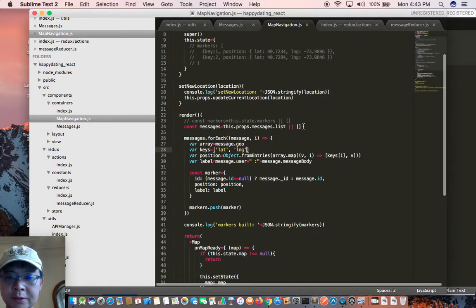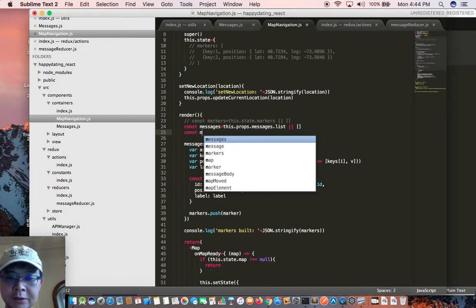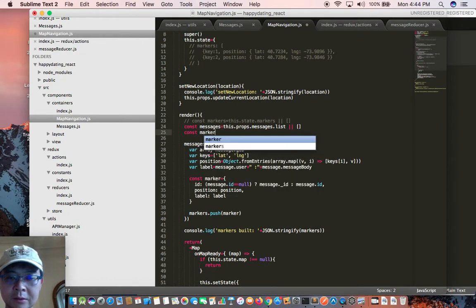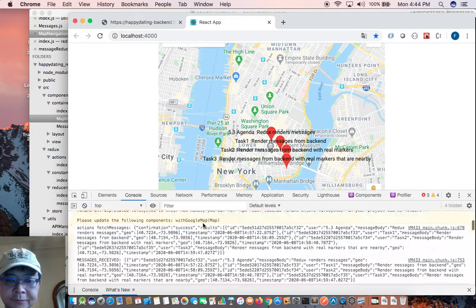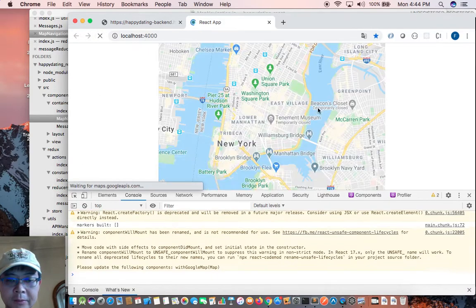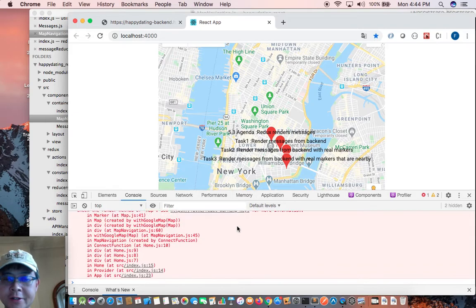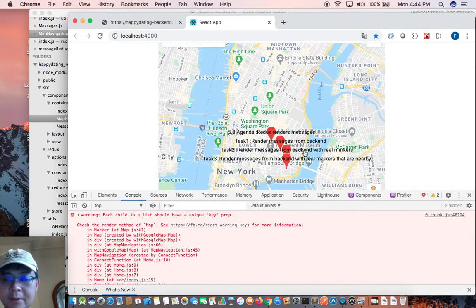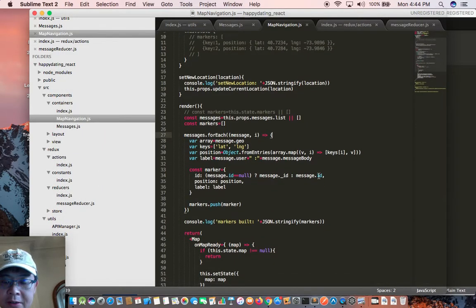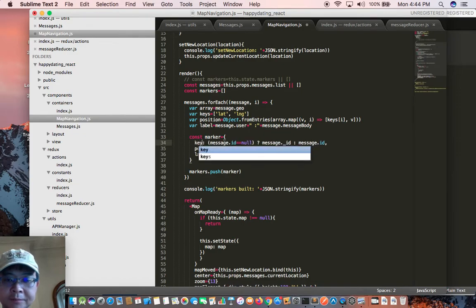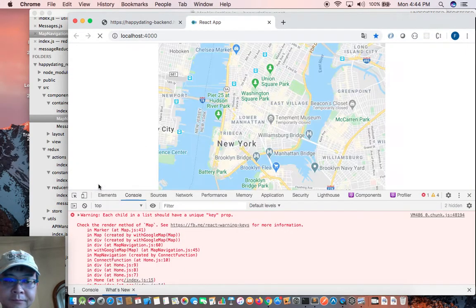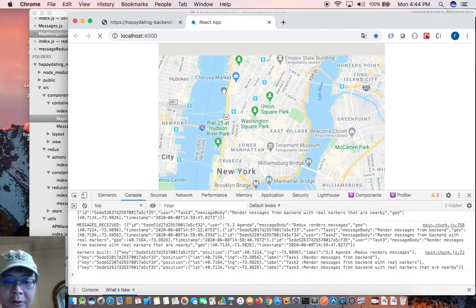Markers is a constant, so we need const markers equals, no. Now, when we refresh, you see the markers can render, but it has a problem with the unique key prop. So I would say key here. It works